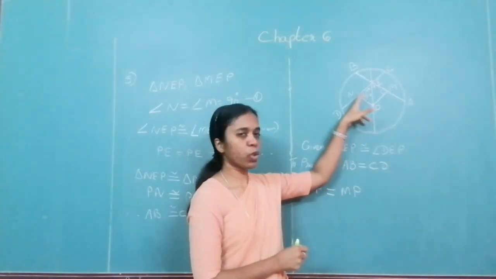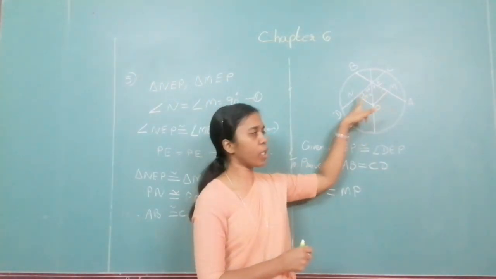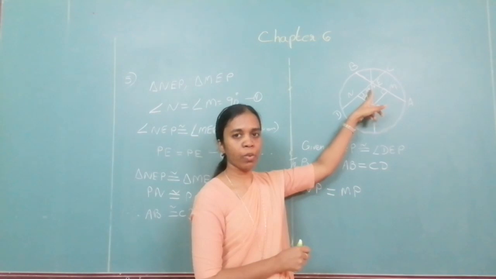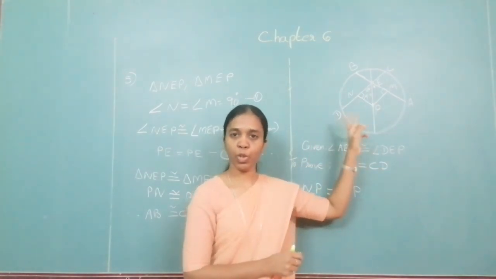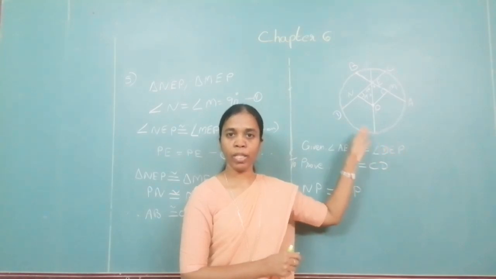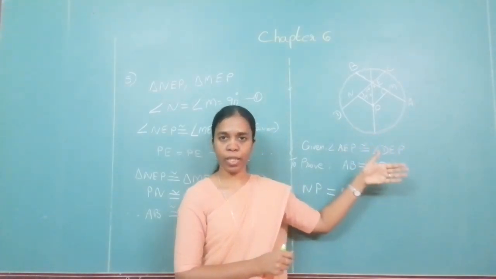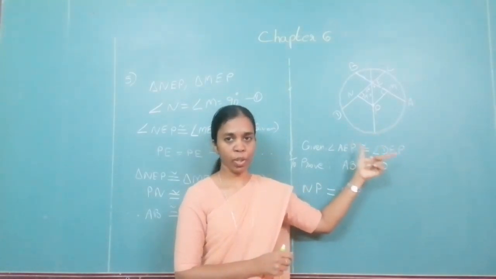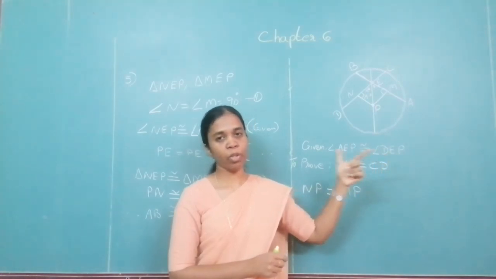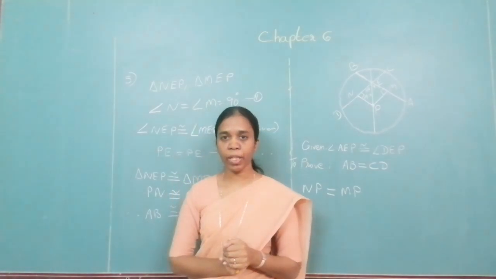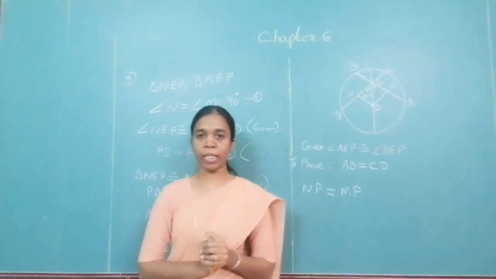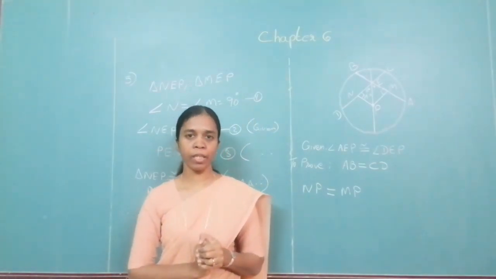To show that this is, we are showing a perpendicular. So, these two are 90 degree. This angle is already given to us. This is a common side. By SAA test, we show these two triangles are congruent. Once the triangles are congruent, corresponding sides are congruent. That means they are equidistant from the center. Therefore, the chords are congruent. Okay. So, we shall stop over here. There is a little construction that we shall see in the next class.